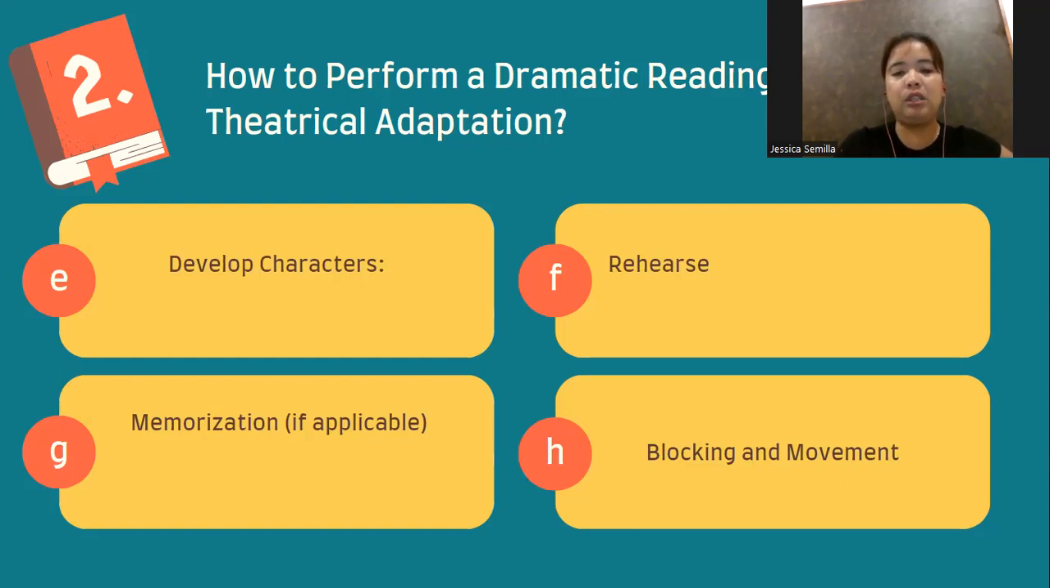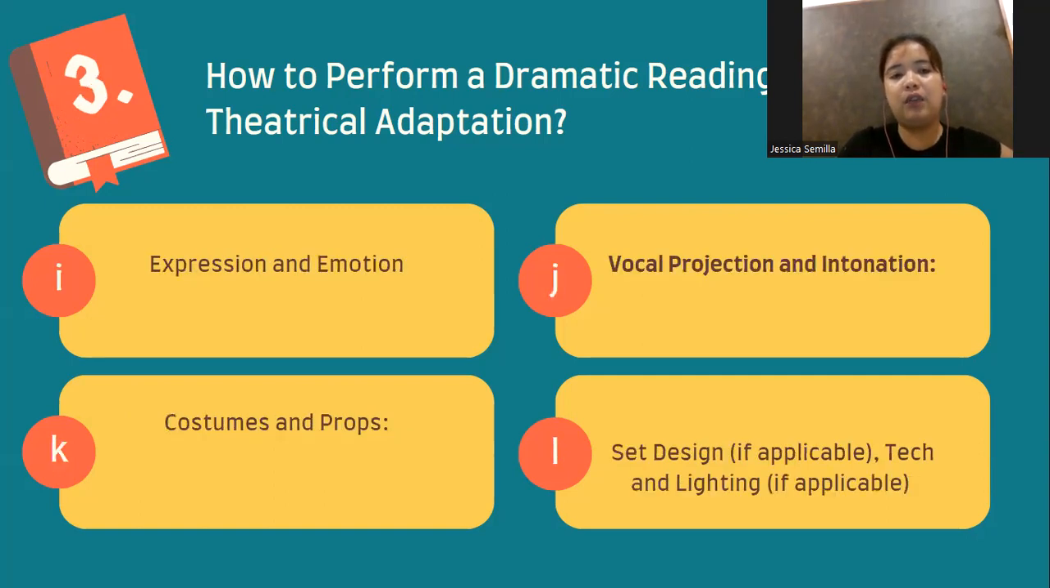And then after that, since you already memorized it, the next one would be the blocking and the movement. Since you're about to present on stage, you look at the blocking and movements of how the different characters will be moving on stage. Next, if you already have the blocking and have memorized the lines,